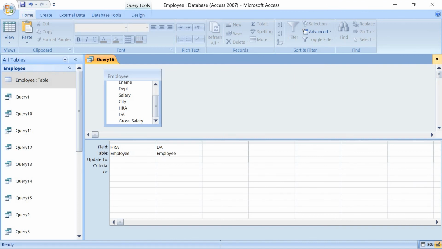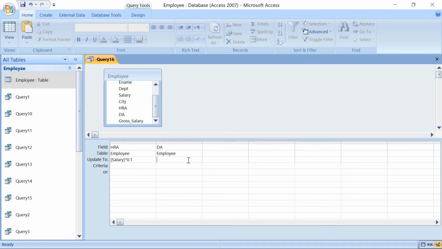Update to what? In square brackets, just type here salary, close the square bracket, then asterisk 10%. That is written in the form of decimals, 0.1. And even for DA, update to what? Calculation part.